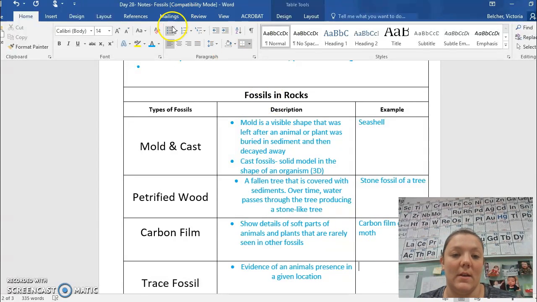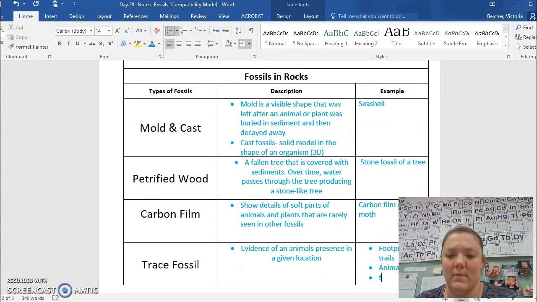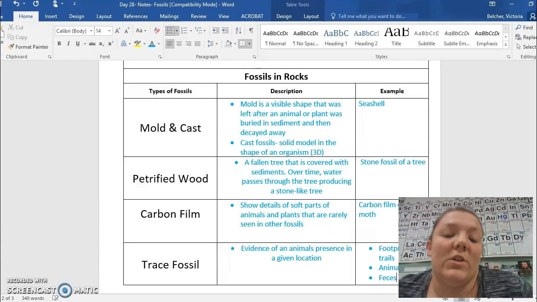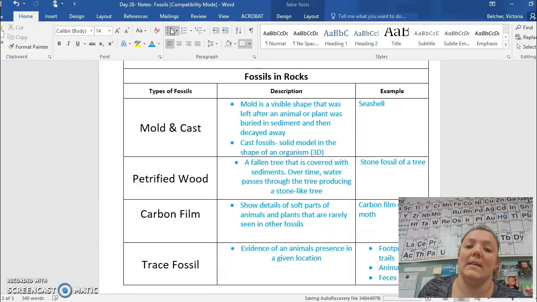A few examples that we're going to list here are footprints, trails, animal holes, and feces. And with trace fossils, they're going to give a scientist more information about a specific animal depending on